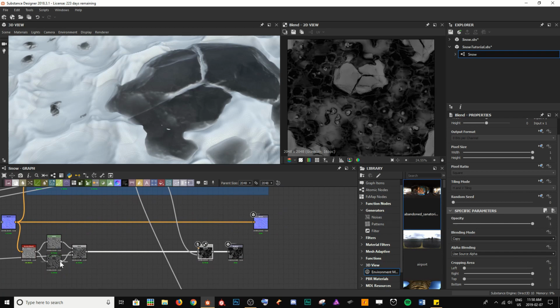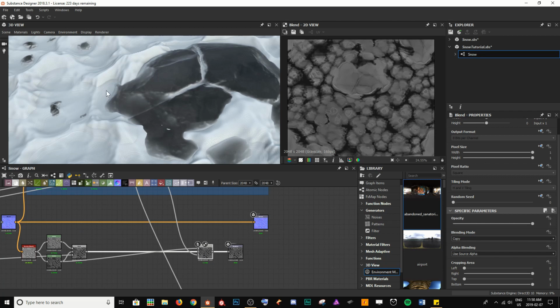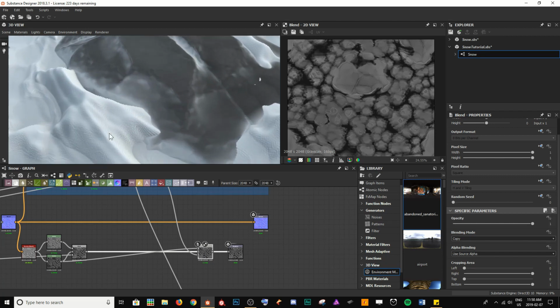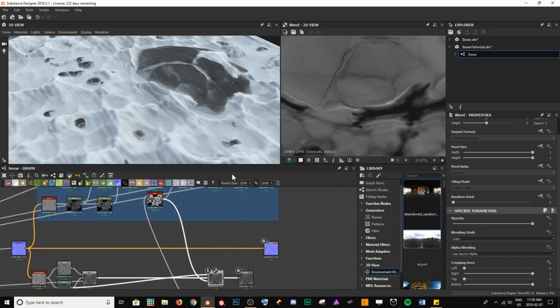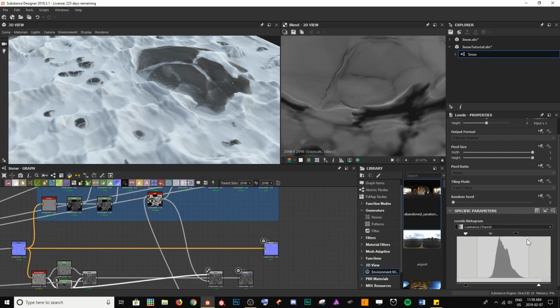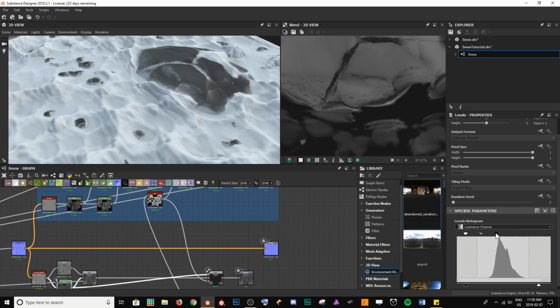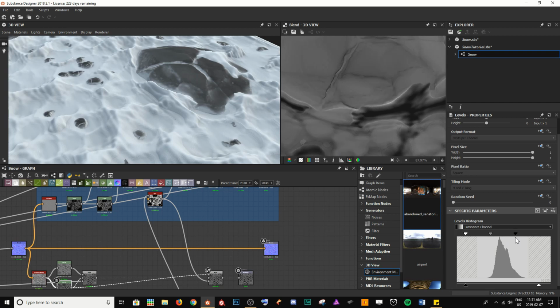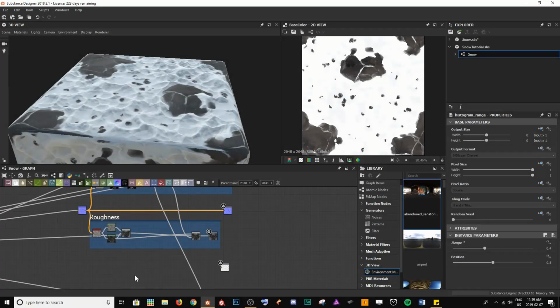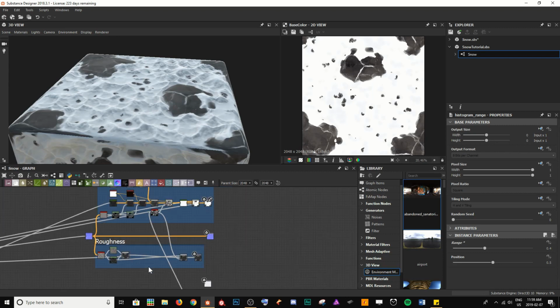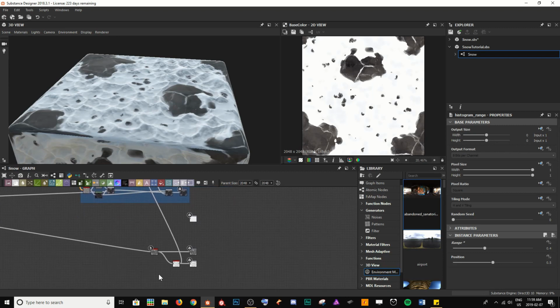And I'm just going to plug in, again, the snow that we've created because I want it to be relatively the same as the snow that we've created around the rocks. And so you can see now when we click in here and we affect the levels again, those areas in our rocks are going to be a lot glossier. So we've completed our albedo and our roughness, and our normal height and ambient occlusion are pretty much all accounted